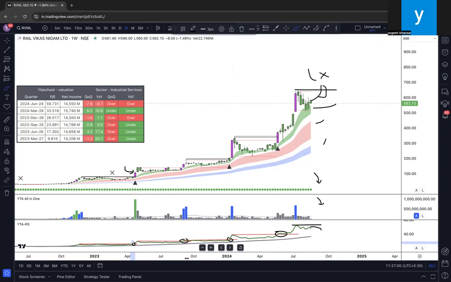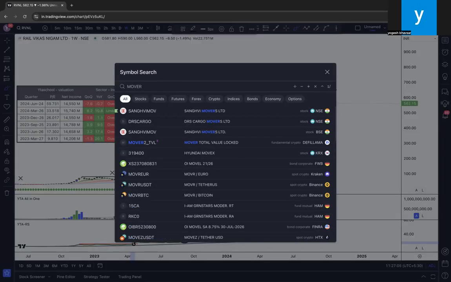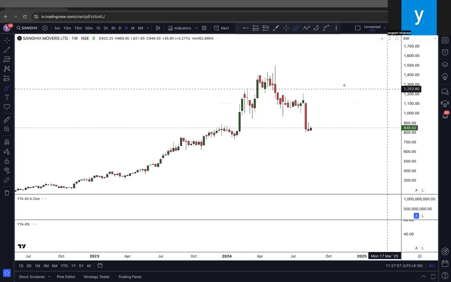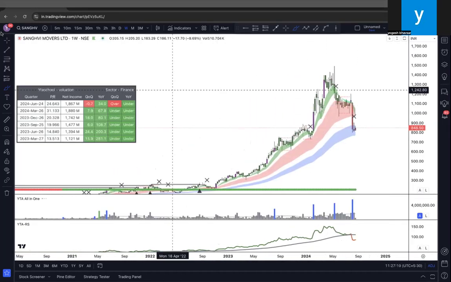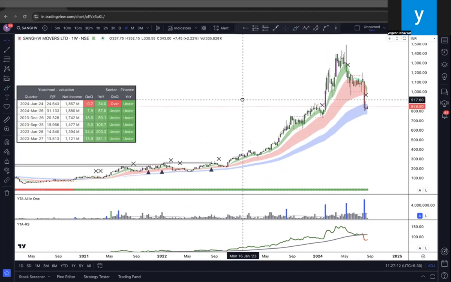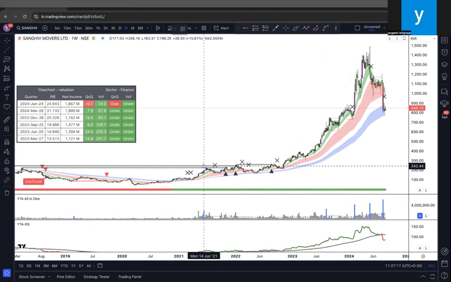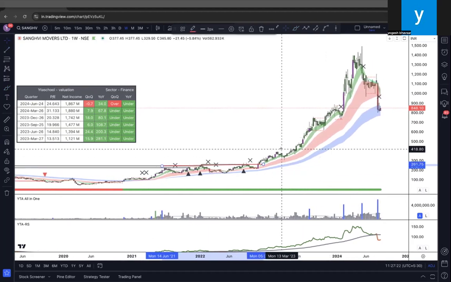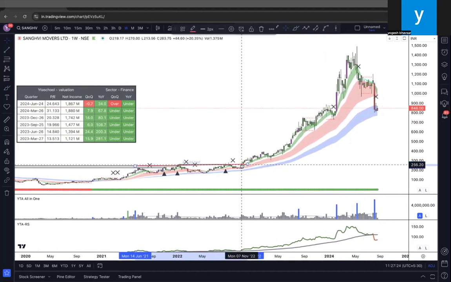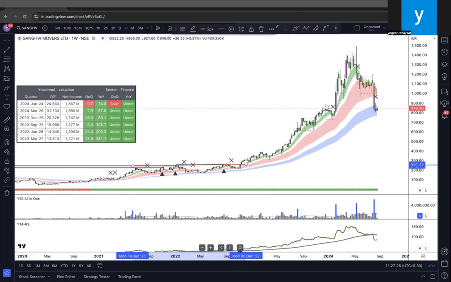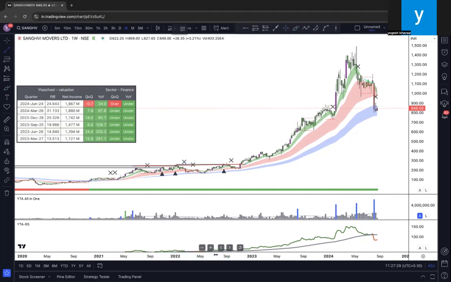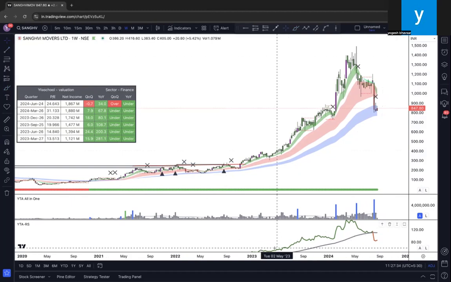Okay. Now, how do we exit the trend? Now, see in Sangvi Movers. In Sangvi Movers, what happened? Okay. This was the area for the maximum crosses. So when this cross got a breakout of pink candle, the trend changed. Okay. Trend changed from red to green, or it was always in green.